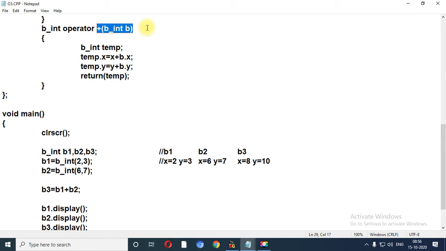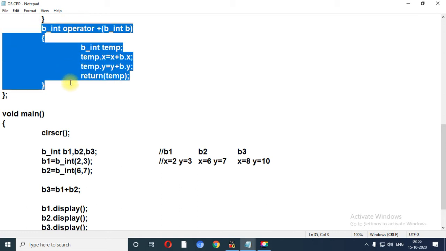So here we have applied a single object only. In the case of a unary operator, we do not have any data in the argument list, while in the case of a binary operator, we have only a single argument in the argument list of the overloaded operator.